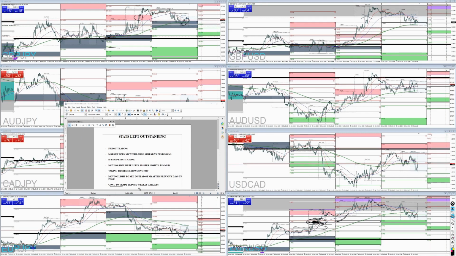Okay, so I also want to take a look at continuing to trade beyond weekly pivots. If we go through our weekly target zones, a lot of times we come back and we continue on, and I wanted to explore the possibilities of, if it doesn't reverse, continuing on, because maybe we're just heading up to the monthly target zones. So we're going to go ahead and take a look at that. Let's go ahead and get started.